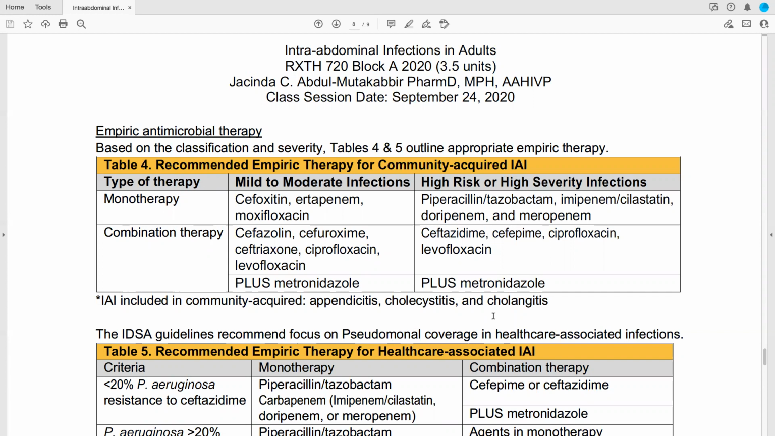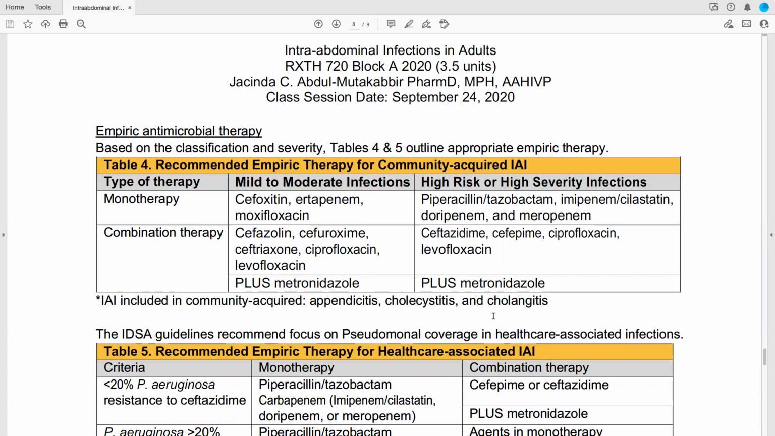For our high risk or high severity, remember when I told you all, this is when you will scale up with your antibiotics. So here we see our Zosyn, we see our imipenem, we see our carbapenem therapies here, doripenem, meropenem. So we can treat with monotherapies in high risk, and then we can also treat with our combination therapies in the event that the patient has a high risk